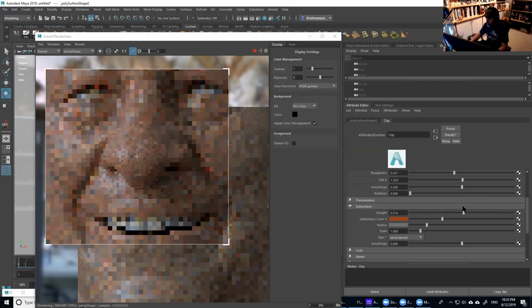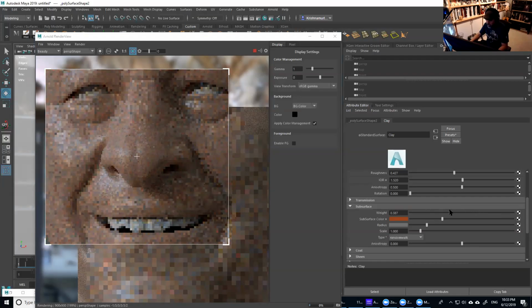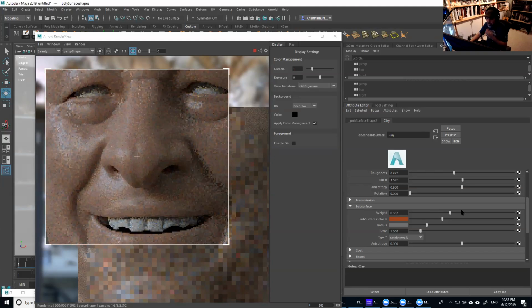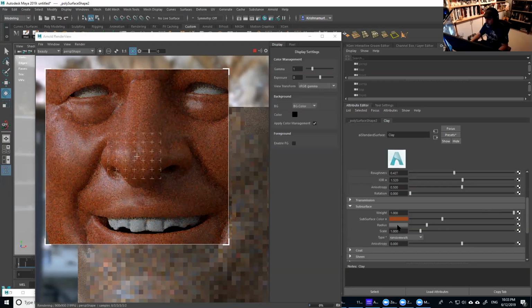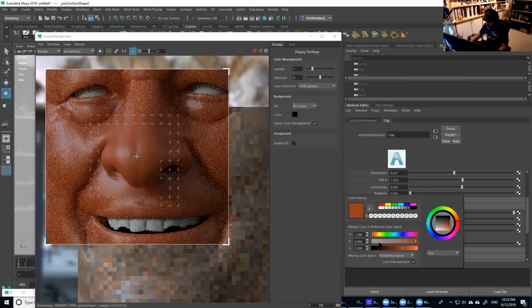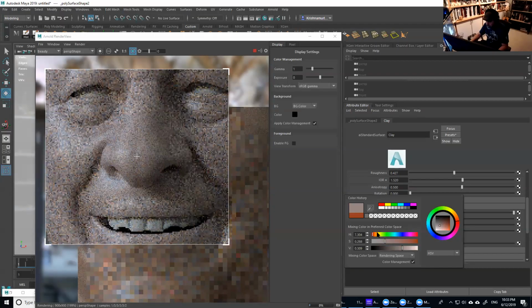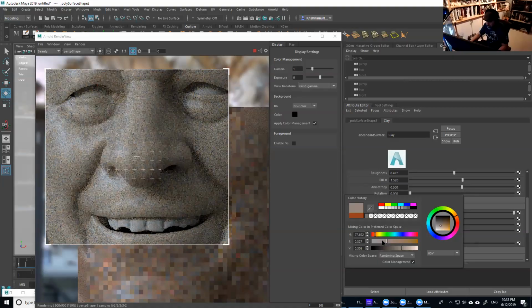If you want to go for something more rubbery or a clay, like they're doing, they're just mixing part of it, but keeping mostly not scattery. But for the skin, I normally crank all the way up, and I just control everything with the other controls. So the first thing I'm gonna do is create a little neutral color here for the skin. Let's say something a little bit on, just eyeball something here.